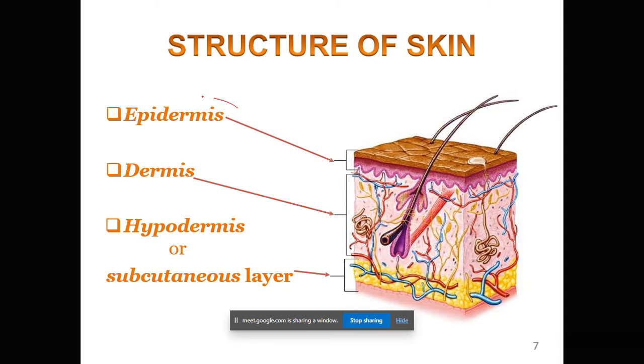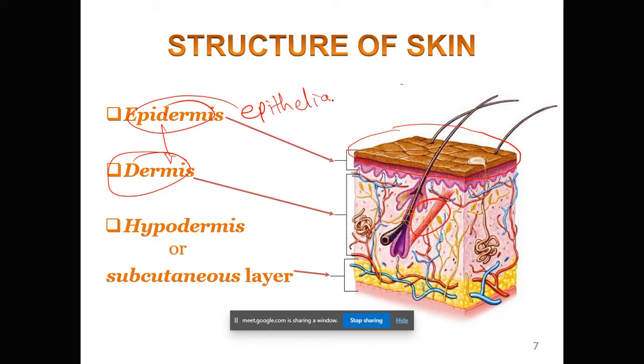The structure is shown over here. The epidermis is the uppermost layer, the superficial layer that faces the exterior. It is the outermost layer. Below the epidermis there is the dermis, which is made up of connective tissue, and as it is a connective tissue, you can see blood vessels in it. The epidermis is made up of epithelial tissue, so there are no blood vessels in it, that is, it is avascular, and the dermis is vascular.